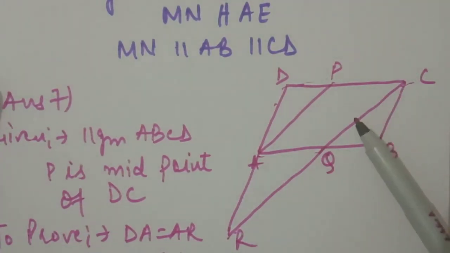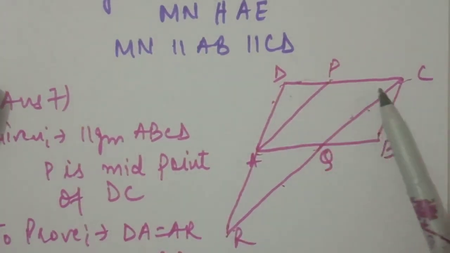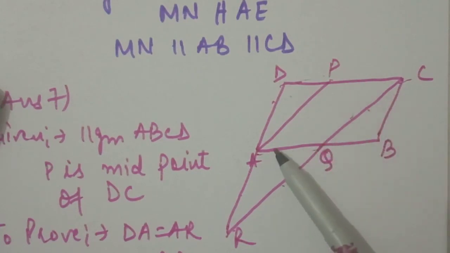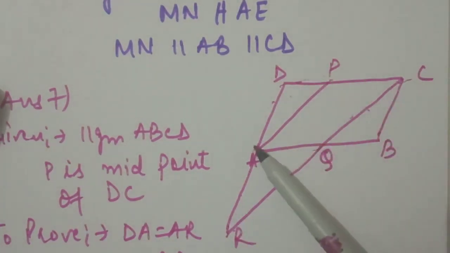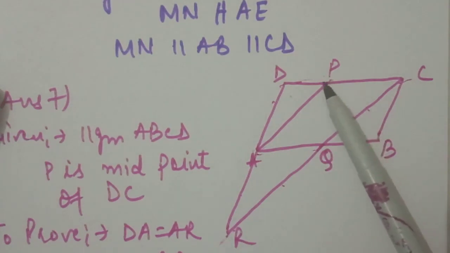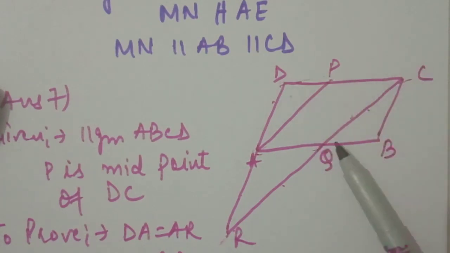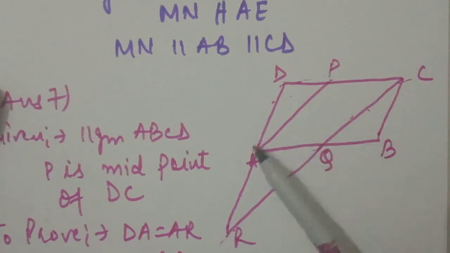Now we have to prove that CQ is equal to QR, and it is already proved by the above method also. We can use one more relation, that if we use this triangle, we can say that this line is parallel to this line because it is already given, and P is the midpoint of DC. So according to the converse of midpoint theorem, A is also the midpoint, and by using this relation we can prove that Q is also a midpoint. We have so many alternative methods for the geometry question, so the choice is completely yours, whichever method is easy for you.